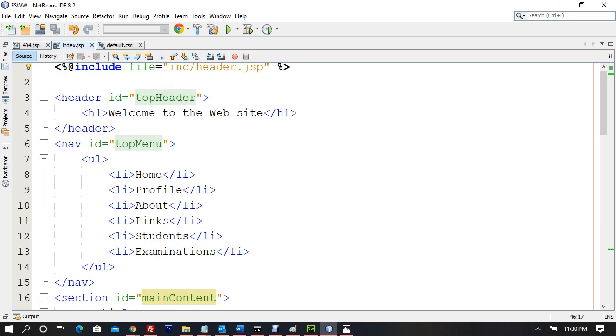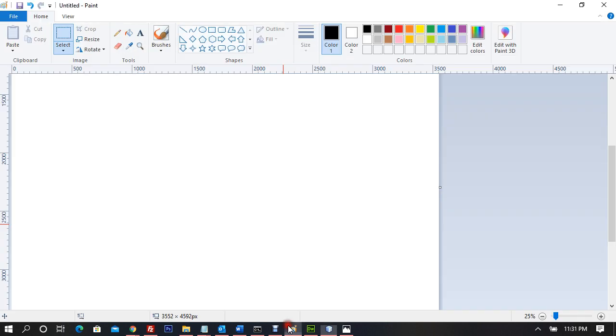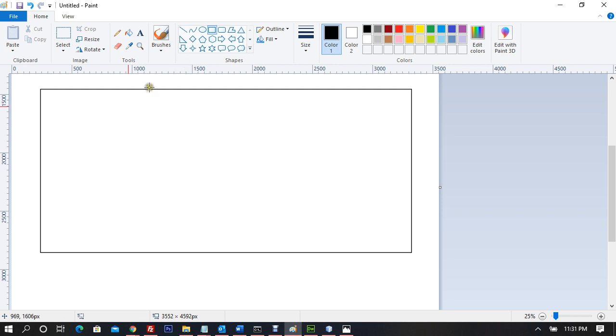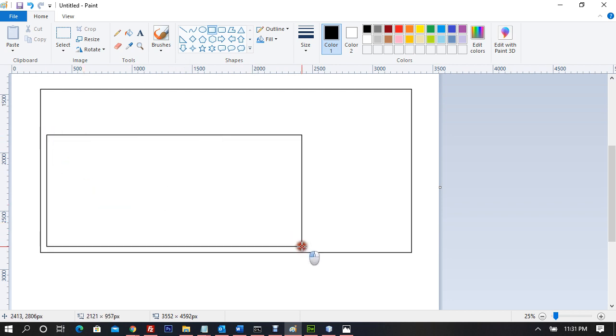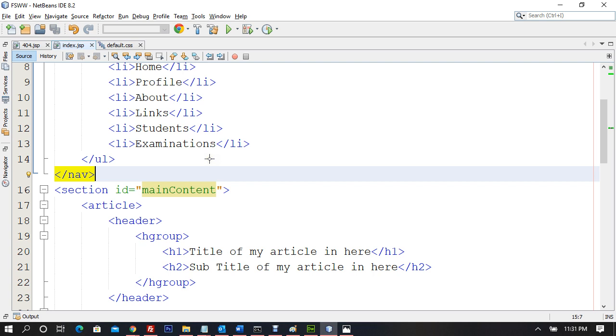But what I do for the flexible model here, there is a ruling, right? So you know what is the ruling for the flexible model? For example, we have two things. This is our wrapper, right? And we have two different things here. This is the article, and this is our side news, right? So one we are going to make fixed, another we are going to make flexible. So that's a much better thing, right? And then we'll try and make it slowly responsive as well, right? So one will be fixed, another is going to be flexible. So now what I do here,